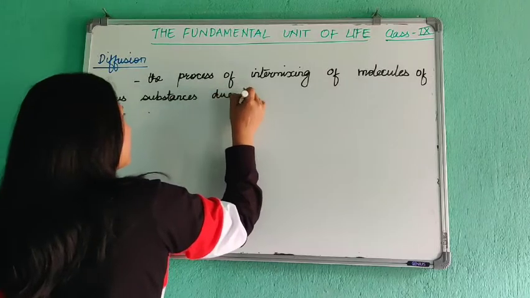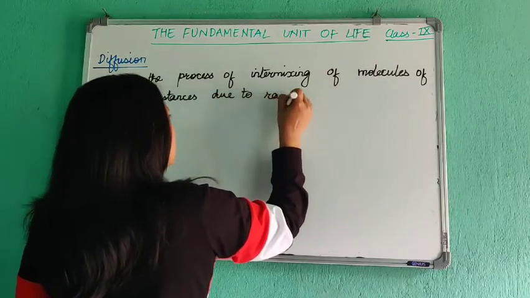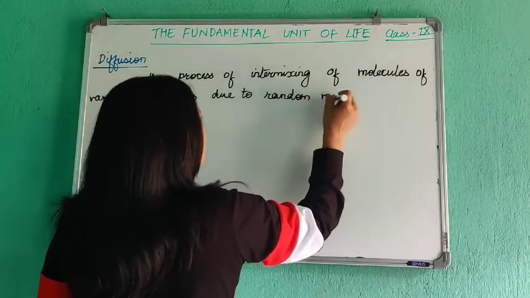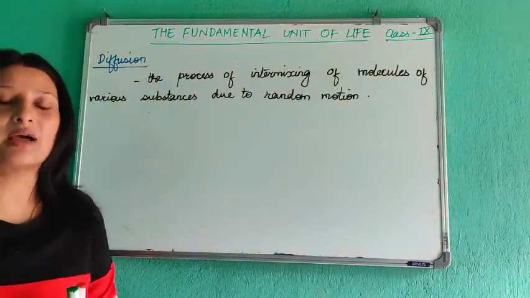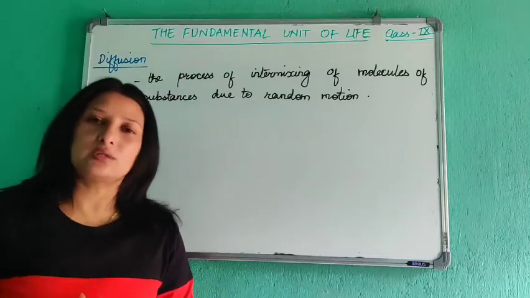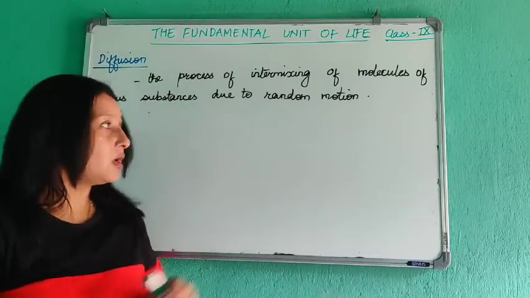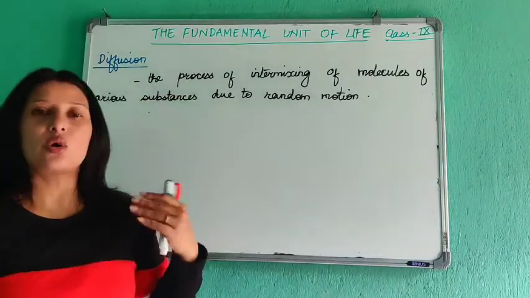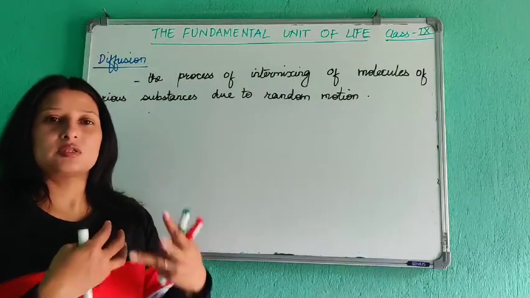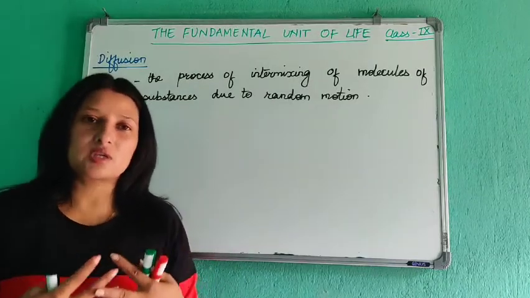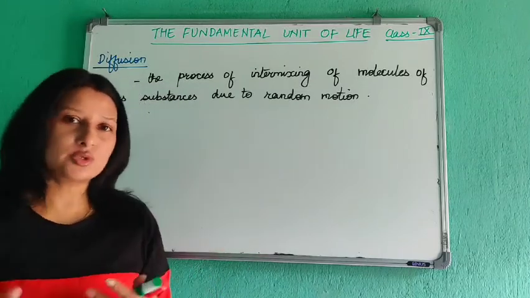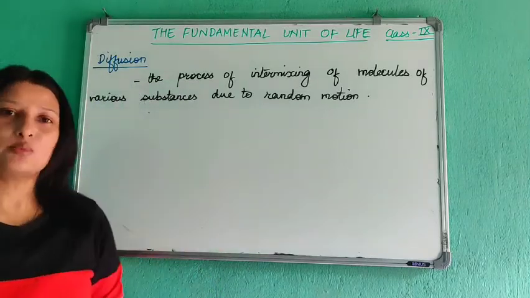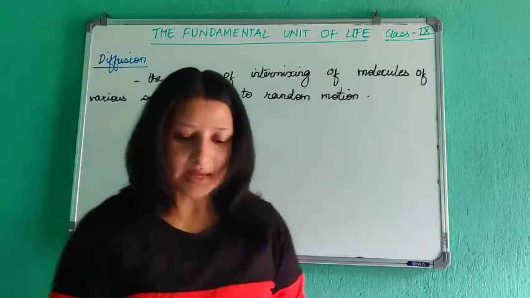due to random motion. We've already studied in chemistry that any substance is made up of molecules and molecules are always in constant motion. Okay, so due to this constant or random motion, molecules of various substances can intermix with one another on their own without doing anything. So to understand the process of diffusion let us do